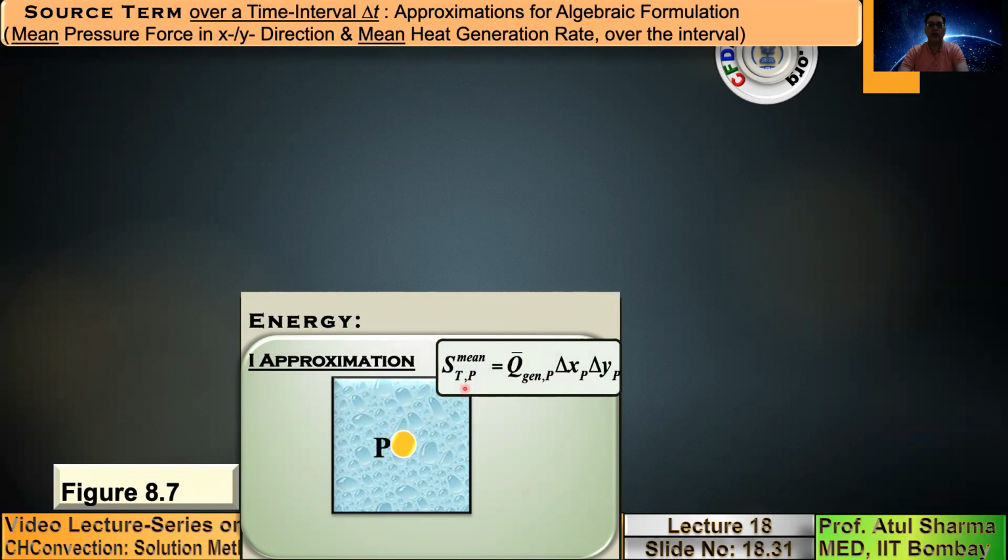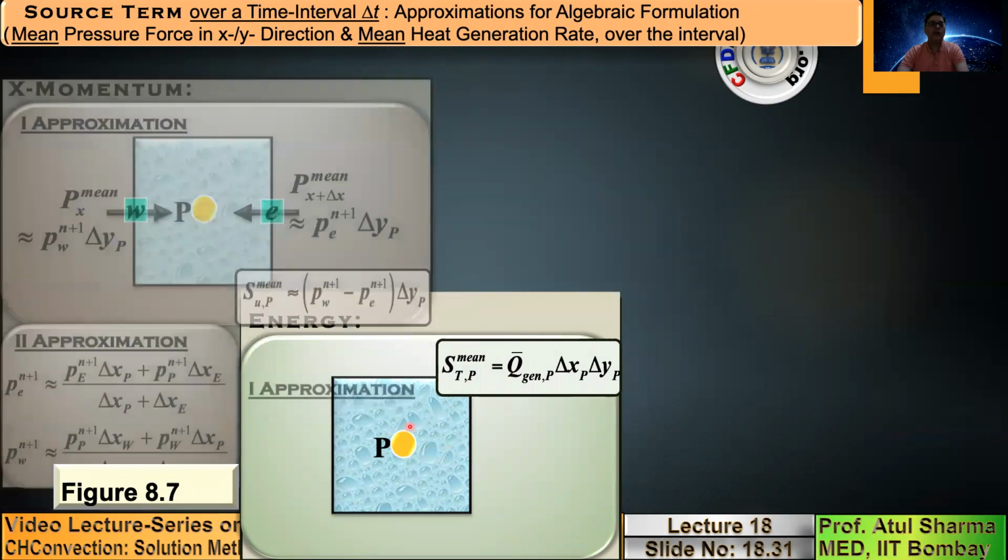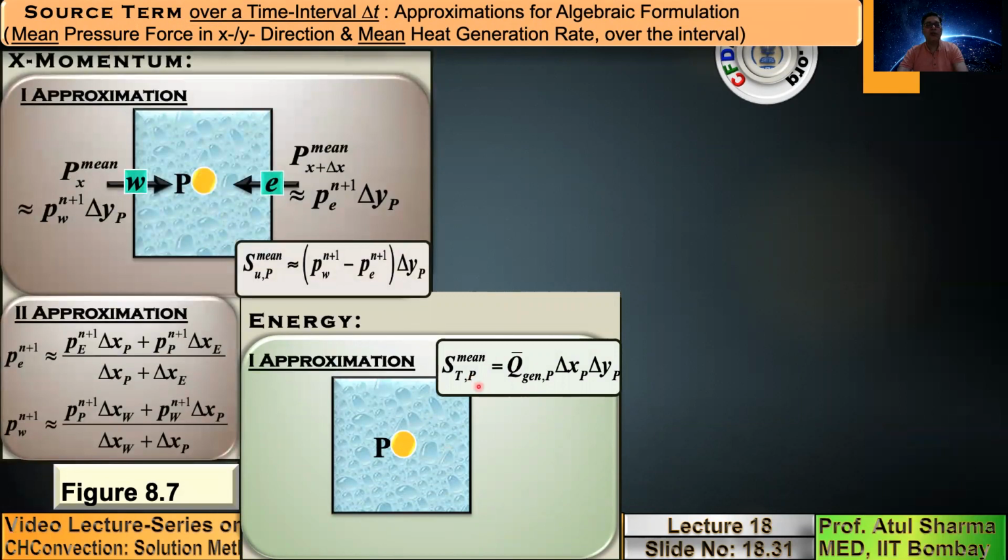If you multiply by the volume, you get the total heat gained by volumetric heat generation, which is presented here for energy. The source term in the energy equation is a volumetric term, but the source term in the momentum conservation equation involves pressure, which is a flux term, because pressure is force per unit area. And pressure always acts normal to a surface.